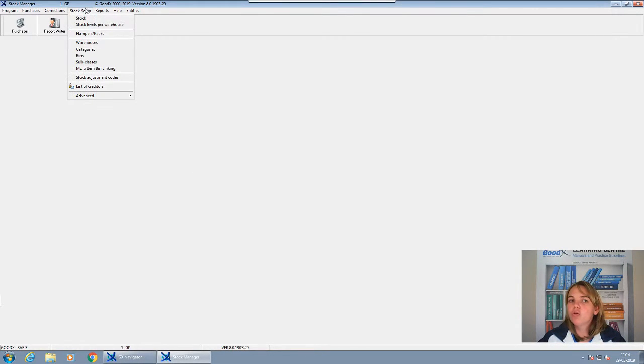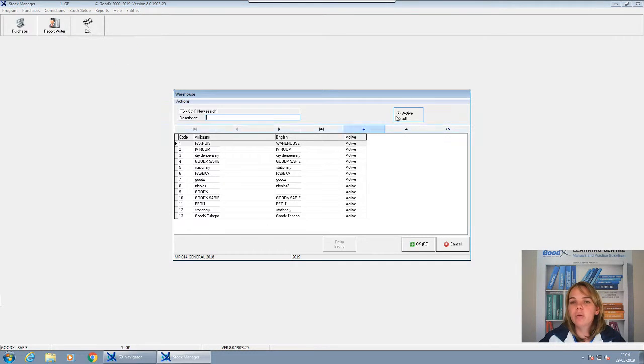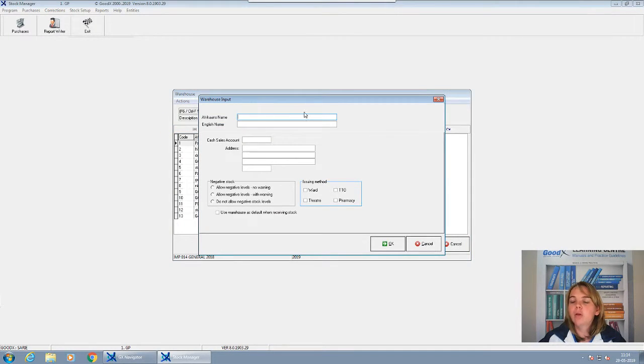After your whole stock setup, you set up your warehouses, you set up your categories. Now, I just want to show you, when you set up a warehouse, you click on plus, you create the Afrikaans name and the English name for your warehouse. You tell the warehouse, is it allow negative labels, or allow negative labels with warning, or do not allow negative labels. Only one warehouse must be set up as use warehouse as default when receiving stock, and then you